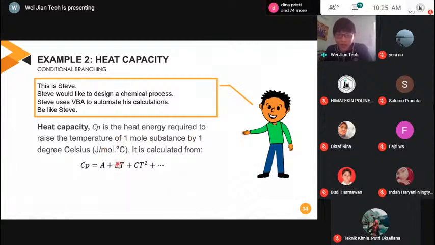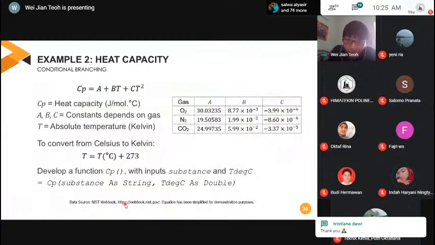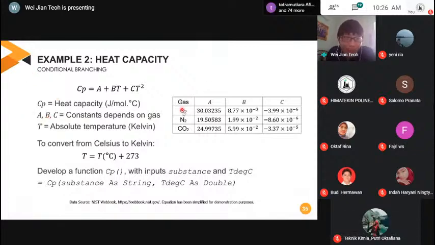In this case, I use the mole definition. In many textbooks, for example, in Perry's Chemical Engineering Handbook, the heat capacity is given as a formula, A plus BT plus CT squared, and so on. The constants A, B, and C depend on the substance. Let me show you an example using oxygen, nitrogen, and carbon dioxide, just simple gases for now. If you have studied this before, this is a refresher. If not, I will give you the constants so you don't have to look in the handbook.